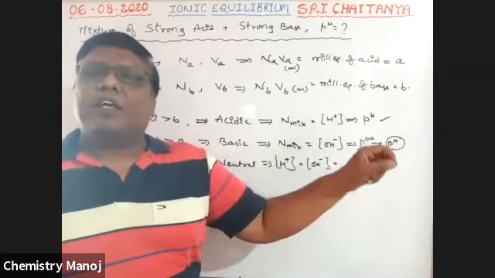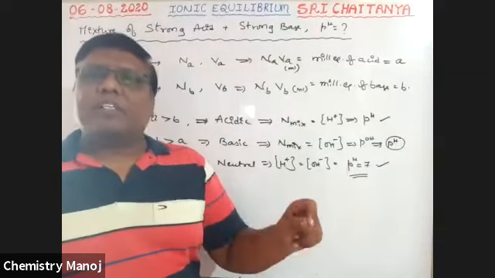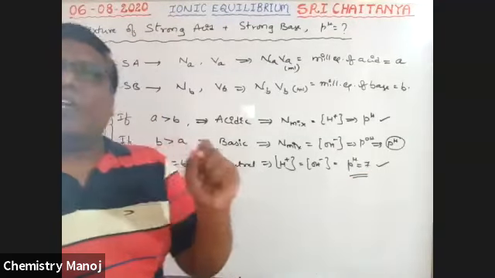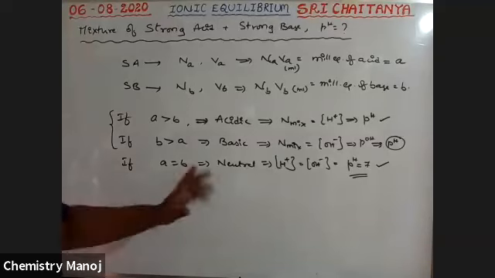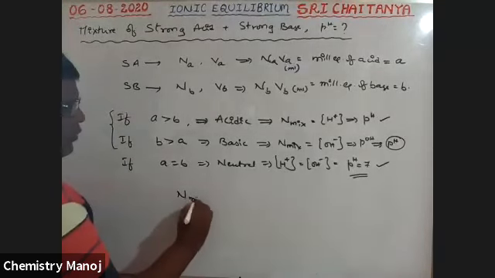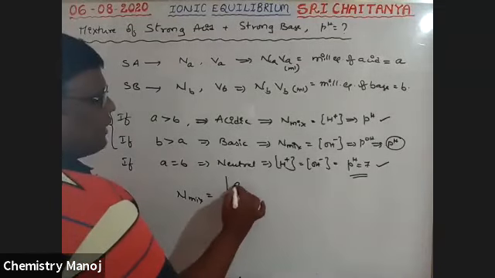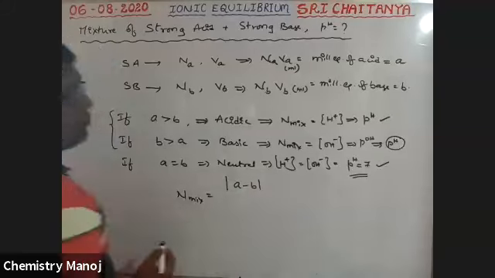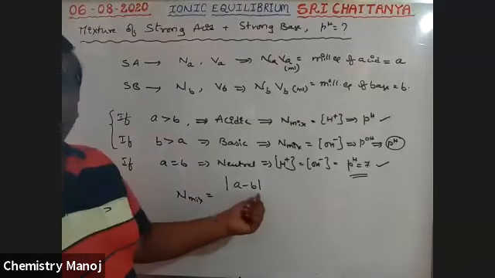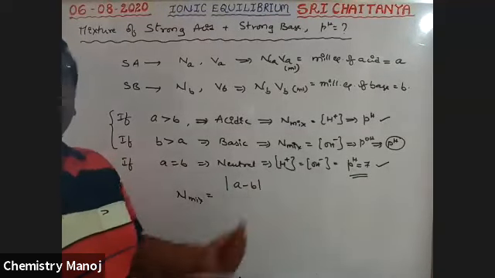If it is acidic, normality mixed is equal to H plus concentration. If it is basic, normality mixed is equal to OH minus concentration. Okay, so these are very, very important conclusions for us. So now, how to calculate normality mixed? Normality mixed is equal to modulus of A minus B. So if A is greater than B, then A minus B. If B is greater than A, that is B minus A,